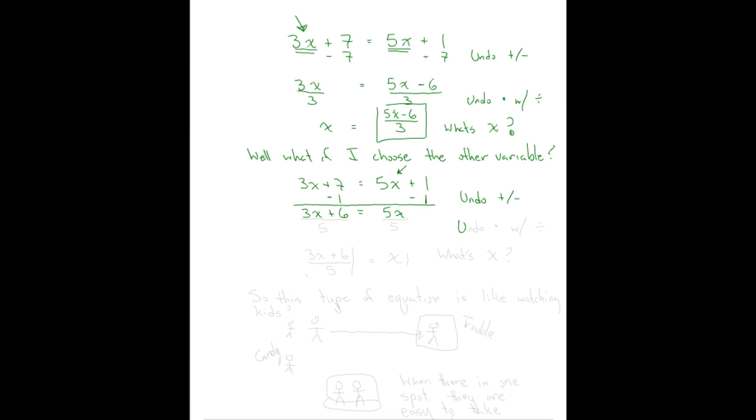And again, remember I said we're going to undo our multiplication with division, because that's its inverse operation. And so you divide by 5, and you divide by 5, and you end up with 3x plus 6 over 5 is equal to x. And we're in the same boat. We still don't know what x is, because I took care of this variable, but this one got all messy. It's got all this stuff around it. So this type of equation